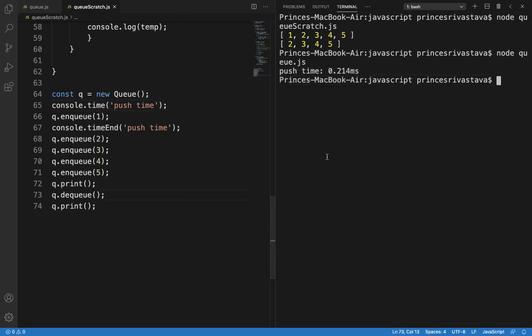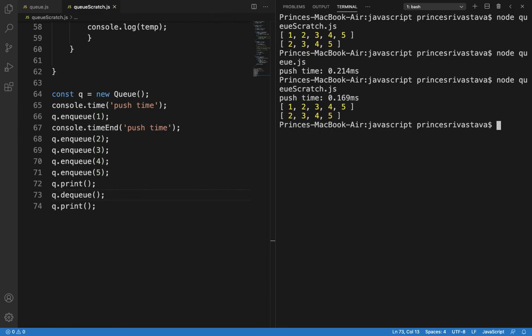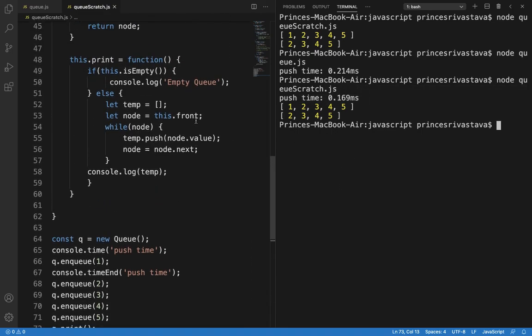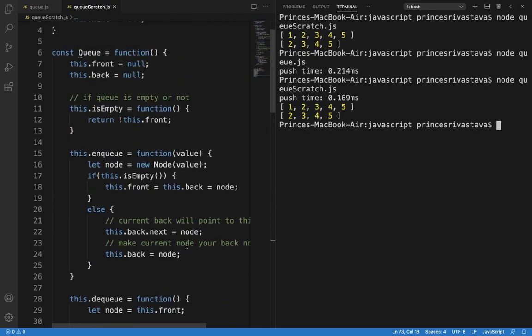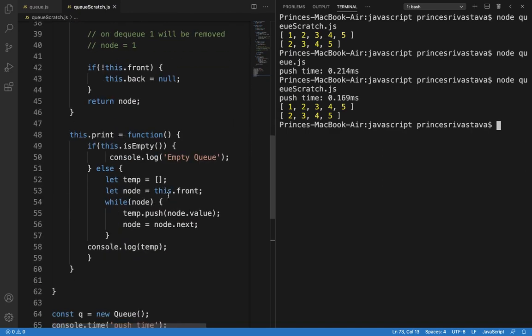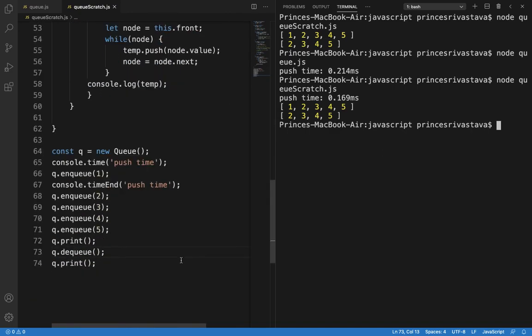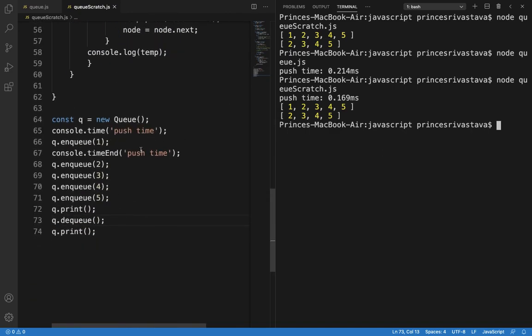Now let's see which approach is faster. Push time is 0.169 millisecond. So the approach of creating your own object is faster. Similarly, you can check the time for dequeue also.